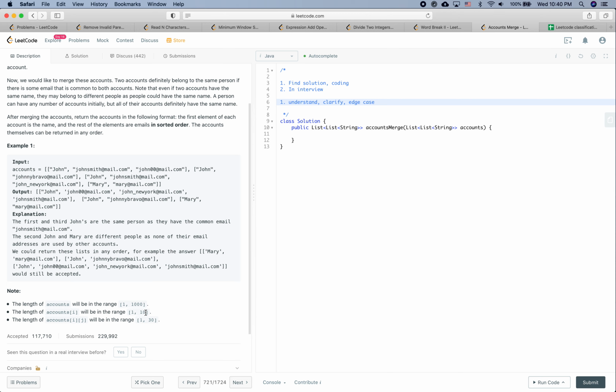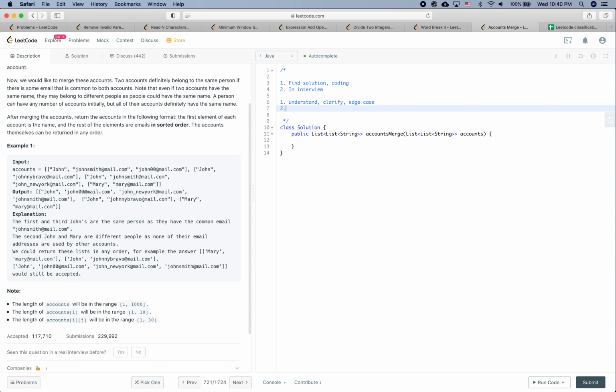Okay, so I'm not sure how to do that, but let's assume that it wants us to generate the account that has no email in the output. So the second step is to find the solution for this one. So I think the solution is